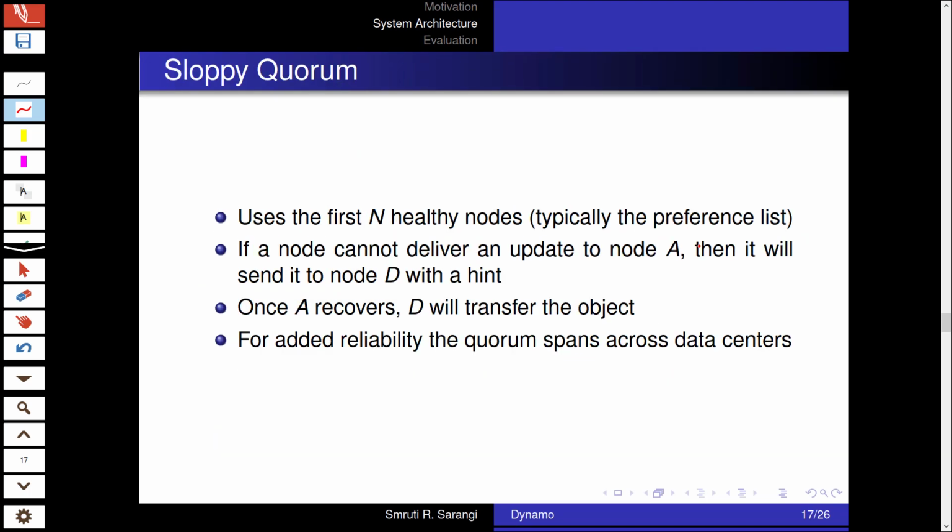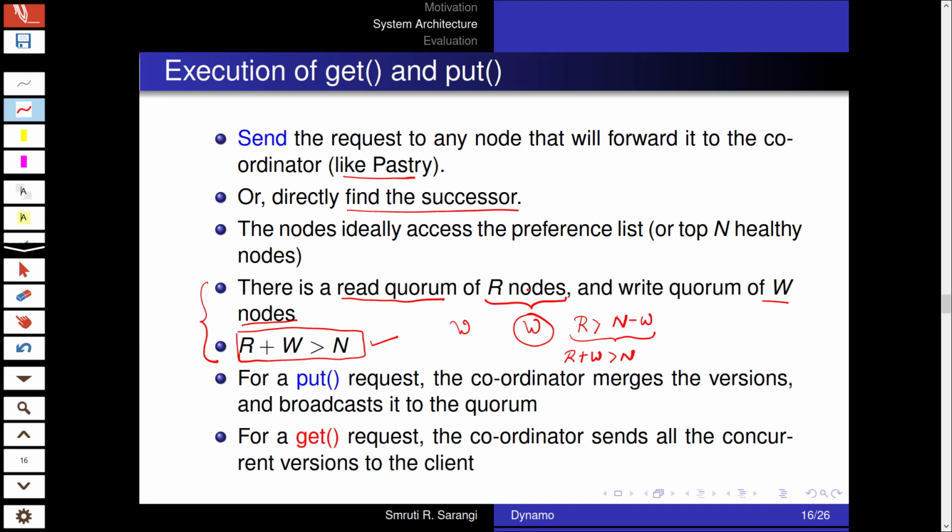So in Amazon, in Dynamo, the philosophy is slightly different. The philosophy of Dynamo is that we send all the concurrent versions to the client, and the client can either be the actual user or some internal Amazon node which is between Dynamo and the browser, and then the browser can use its own logic, right? Or the internal node can use its own logic to resolve these conflicts in some way, right? So that is not really the lookout of the DHT.